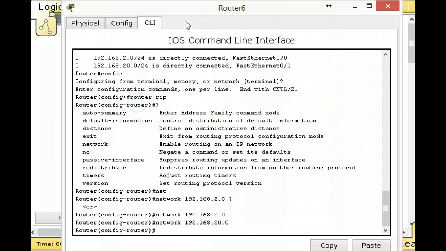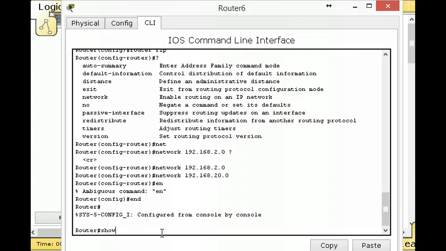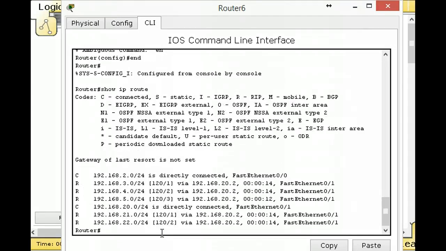The first router should have had a little bit of time to do some convergence, so let's show IP route on it, and we have a number of routes. The R represents a RIP route, so it knows how to get to the 3, 4, 5 network, which means that we should be able to